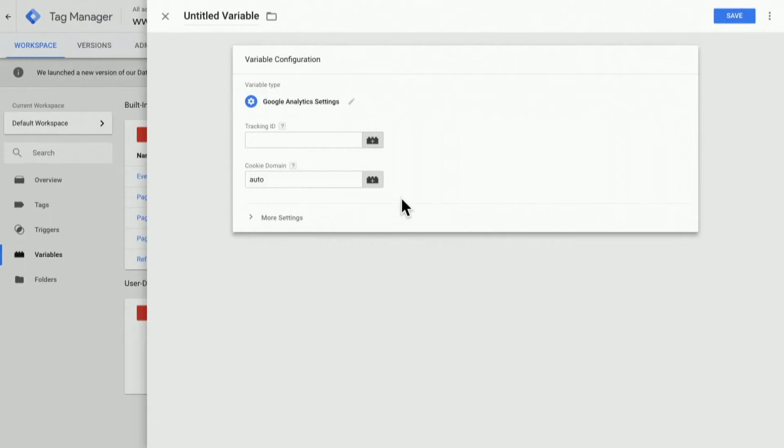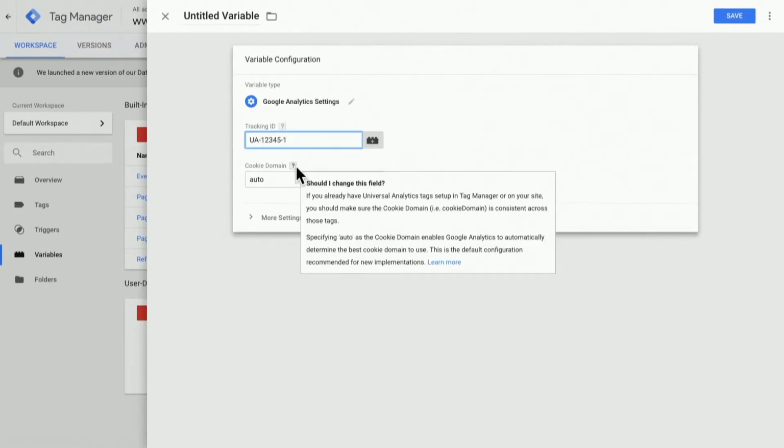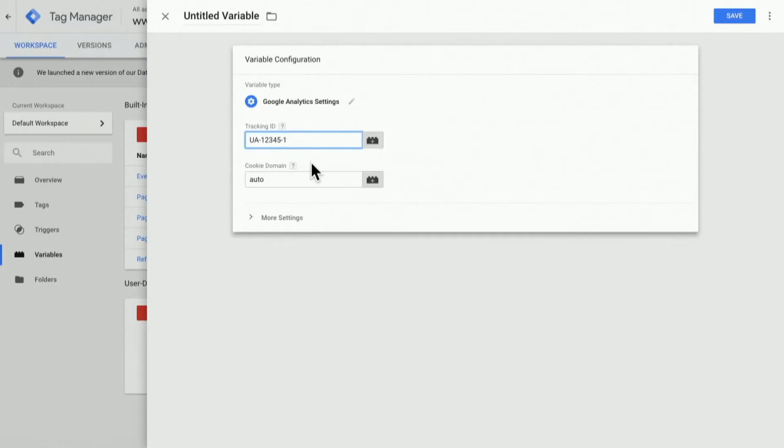Now this settings variable will act as the central place for all of the settings we need for our various Google Analytics tags, from our page views to our events. So the first thing we'll do is enter in our tracking ID. By default, the cookie domain is set to auto, and we recommend that you keep this as is unless you